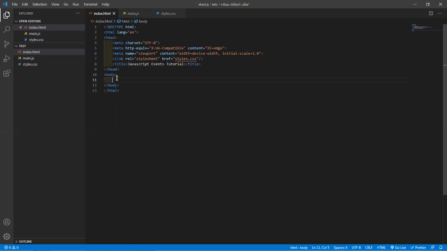So we're doing that, but now we'll be creating an interface for that to work. So I'll go ahead now in my body, sorry, I'll create a main element, and then we'll create 2 input tags that will take numbers, and then a button that when clicked will give us